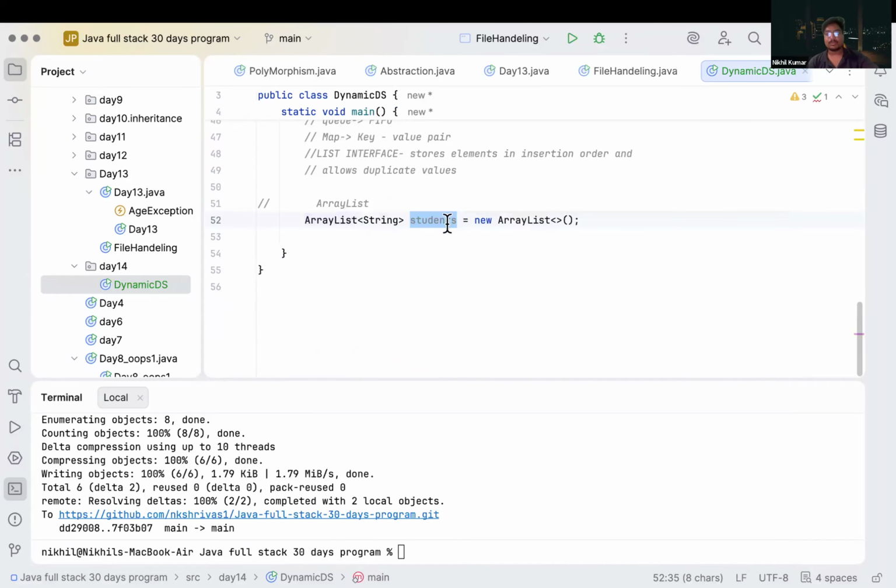We have to give that array list some name, so we are giving it students, and equal to, then we have to use the new keyword. After that we define our array list again. We use empty diamond brackets, and after that we define the close brackets. We can also write it like this,